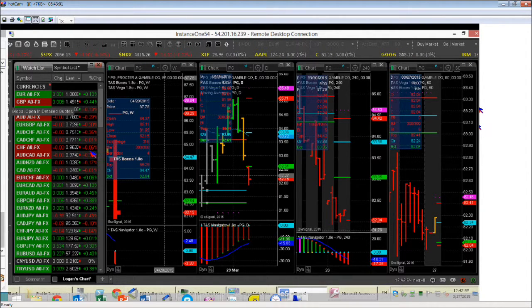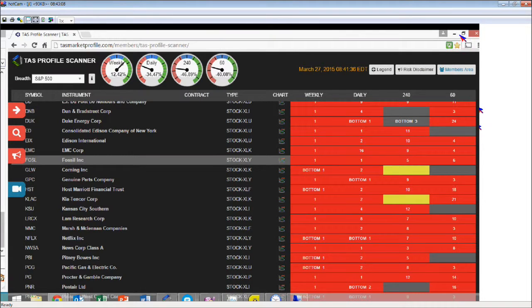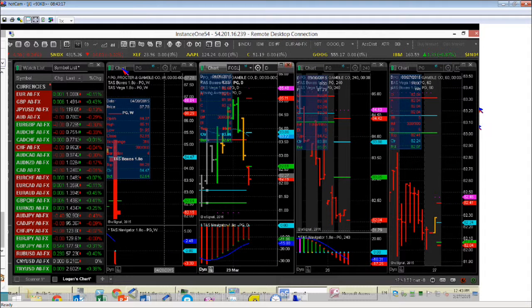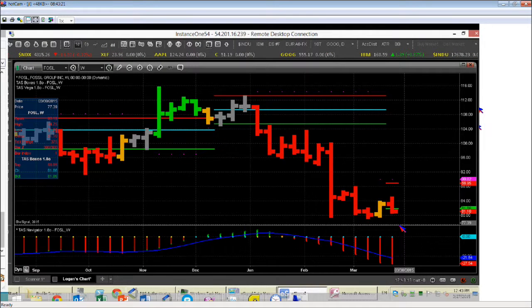Let's take a look at a couple other things on the radar screen. This is a stock that I just don't understand. FOSL. Let's just pull this up. This is showing absolutely extreme weakness right now. Every time frame. Here we go. Here's a weekly. This is one I think you just kind of put the shorts on, put the stops initially above 82.